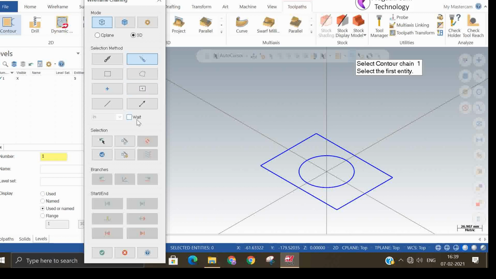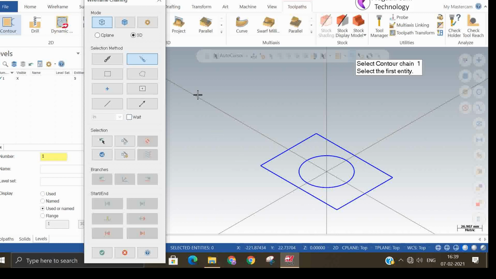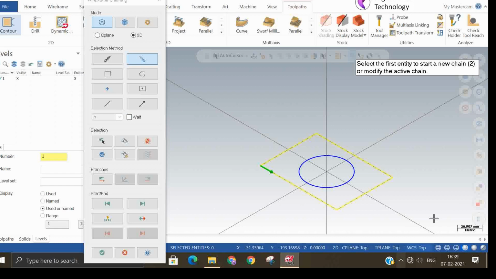Suppose with partial wait, it is waiting for your instruction. In case wait is not on, this is a partial wait option. Suppose if you have not kept the wait on, what will happen? You can select the first start point and last point, then automatically it will select.